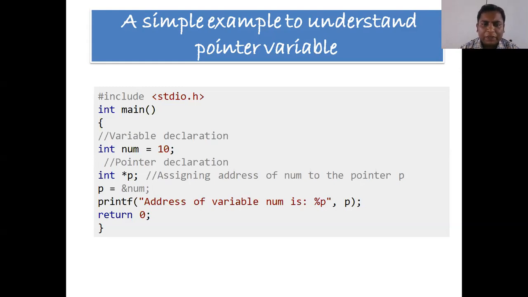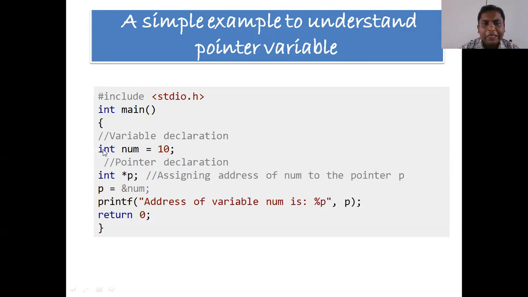So the syntax for this is, in order to declare any pointer, we have to say data type followed by star, then pointer name. So this will help me to declare a pointer variable.